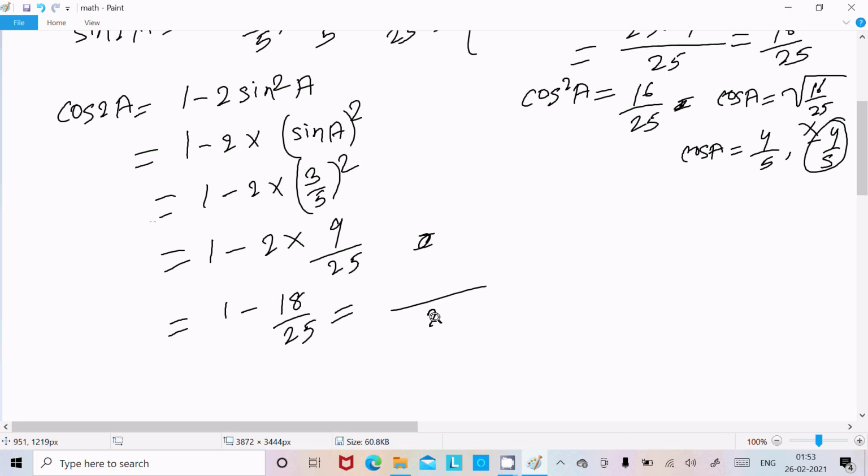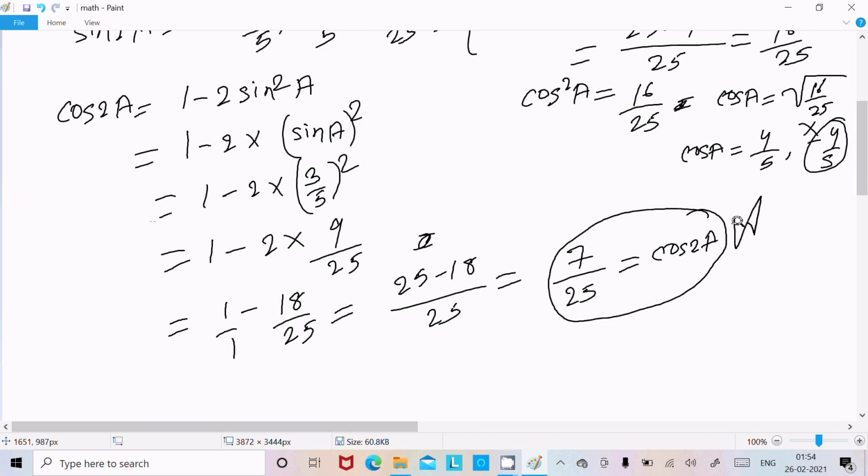So if I take the LCM, 25 comes, 1 and 25 LCM 25, and here 25 minus 18, so here the value comes 7 by 25. So 7 by 25, this is the answer of cos 2A. So this is the answer of cos 2A and